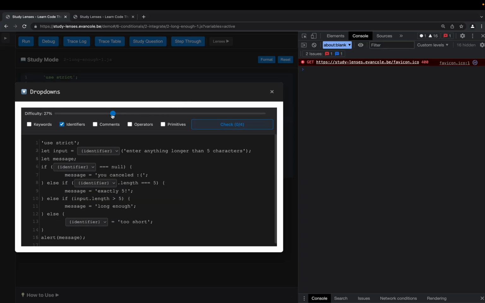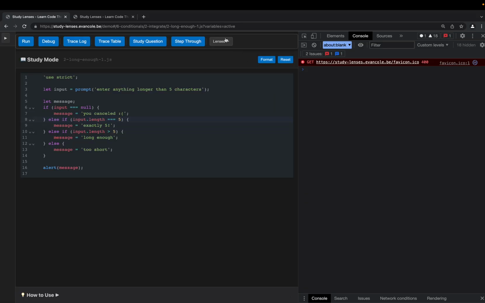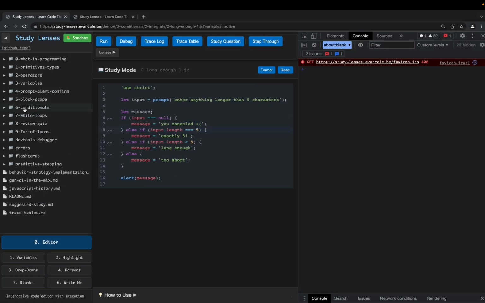And I don't want it to be that hard. Then I have to drop down and choose which variable belongs in each spot. And I can check my work. So on and on. These are all ways of studying a program without running it. I encourage you to look into all of these. And then we can close that, come back to our file tree,